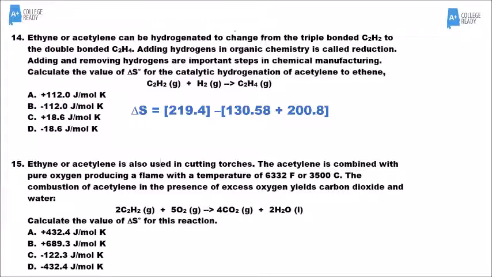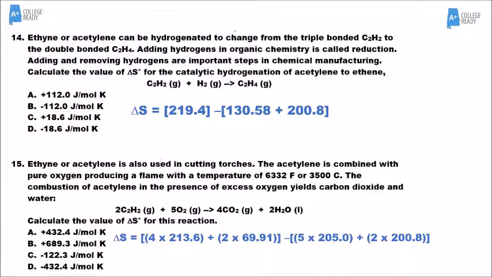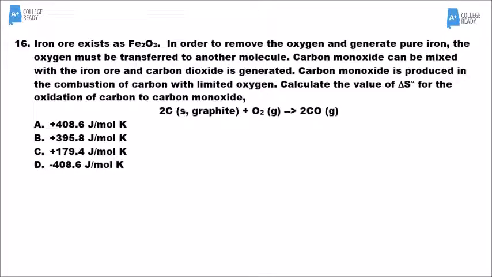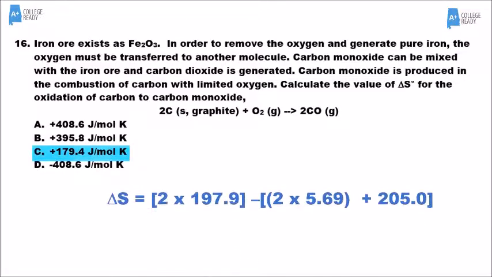Number 15 is the very same type of problem. It is the delta S of formation of all the products minus the delta S of formation of all the reactants. Don't forget to multiply each number by the coefficient in the balanced equation. One more time, same type of problem, all the products